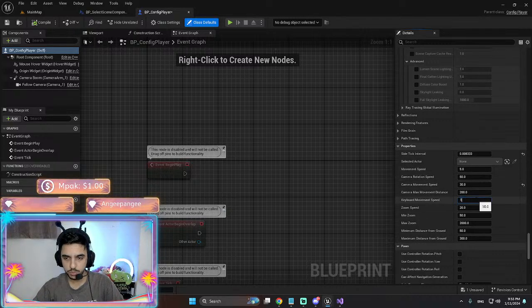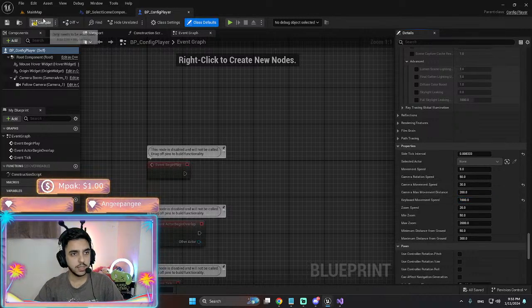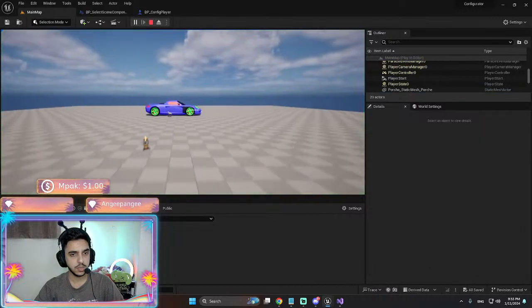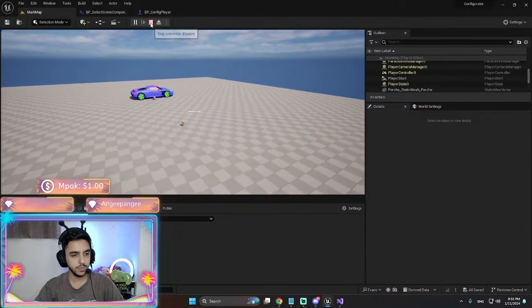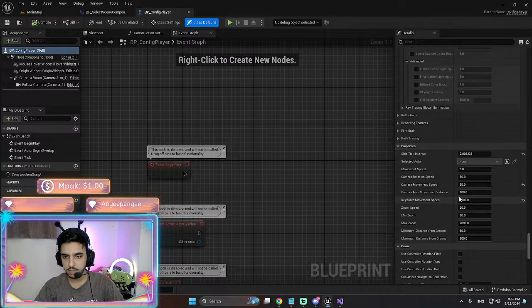Keyboard movement speed should be 100. Sorry, 1000. And then this should work now. On the other hand, max camera movement speed, this should be max movement speed, zoom speed. Hmm. How about that?